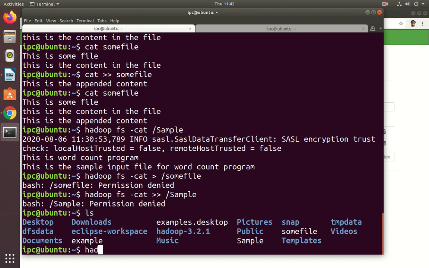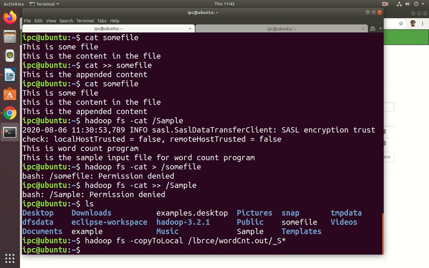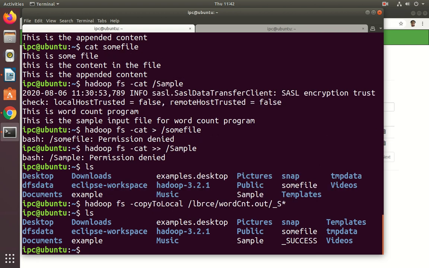Now hadoop fs -copyToLocal from the path, slash _SUCCESS star. Then let us type ls. See, _SUCCESS. So this is copyToLocal from the Hadoop file system.